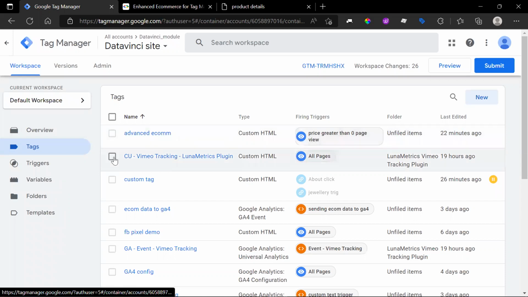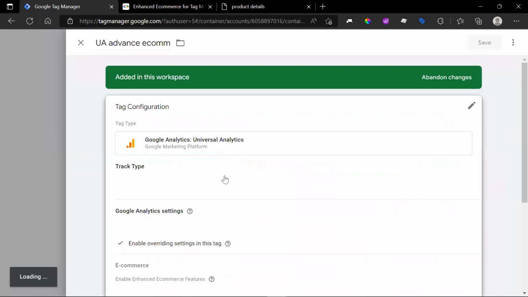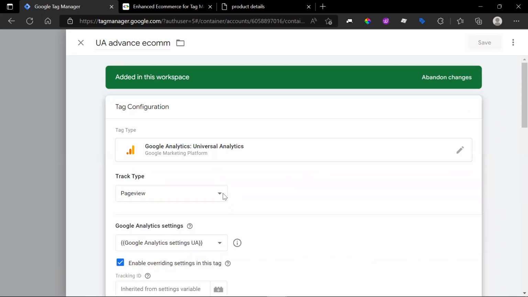Now this tag is just for my Google Tag Manager, and it's not sending data to my Universal Analytics. So what I'm going to do is create a Universal Analytics tag for this purpose. I've already done that. I'll show you that. So in this, you can see that I have used the tag type as GA Universal Analytics, and the track type I've kept as page view because there is a certain page that I want